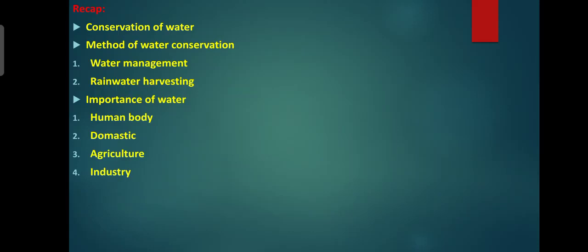Third one, agriculture. Water is also essential for the healthy growth of farm crops and farm stock, and is used in the manufacturing of many products. Fourth one, industry. Industry depends on water at all levels of production. It is used as a material, solvent, and for generating electricity.